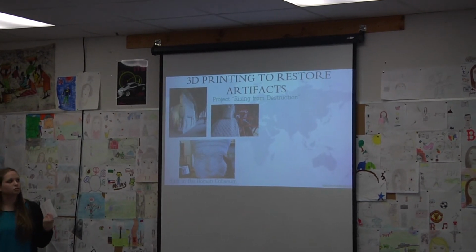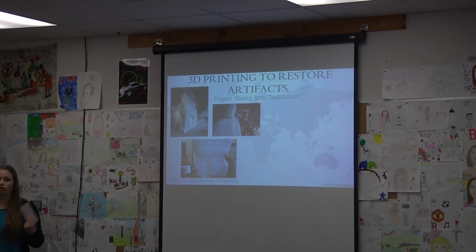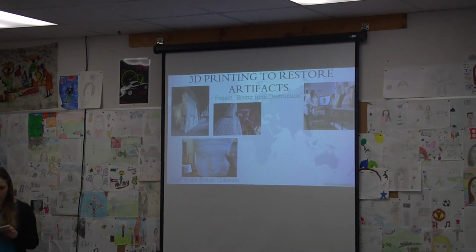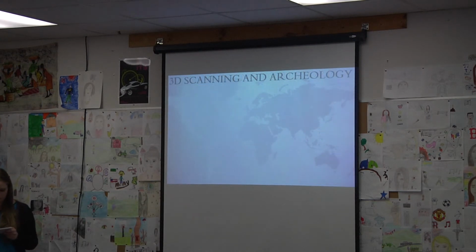They want to be so close to what it used to be that they'll put in cracks. They just want to make sure that it looks exactly like it did before. Another famous one is 2 Roman statues that were destroyed from Syria, and then the ceiling of Bel from